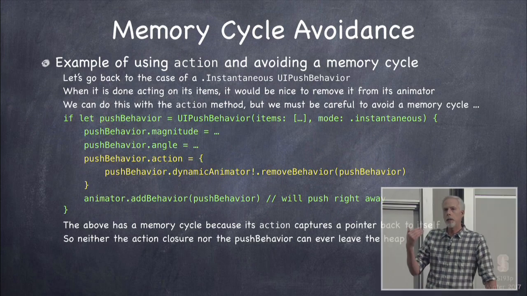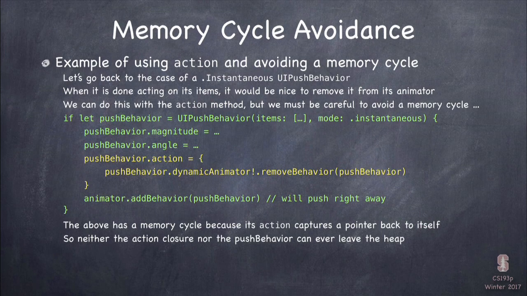Now, let's go back and fix that problem we had with the push. We have this instantaneous push, and so we do this one push. First of all, we create the push behavior. We add the items we want to push to it, by saying UI push behavior items, and putting in an array of UI views that we want to push. And then we set the mode. If we set the mode to be instantaneous, then when we add this behavior to an animator, because we have to add it to an animator for anything to happen,